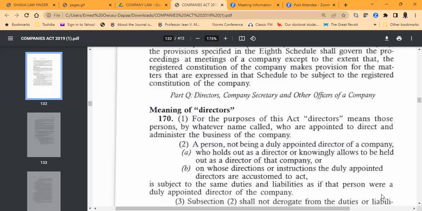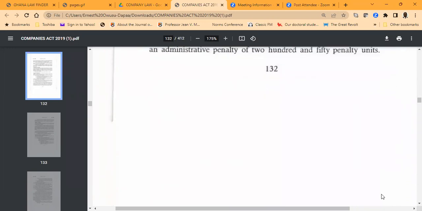So with respect to section 170, subsection 2A, someone is holding himself out as a director. He's not appointed a director. That is to say that despite the fact that he's not appointed a director, he's directing or administering the business of the company. Or the person is actually holding himself out as a director of that company. And he knows that he is holding himself out as a director when he has not been appointed as a director. And don't forget that when it comes to appointment of director, we will very soon be learning that when you are appointed a director,